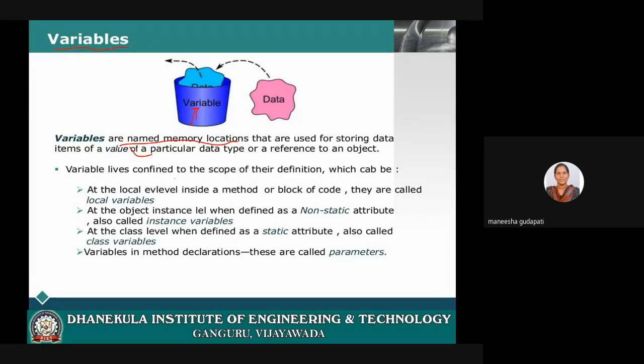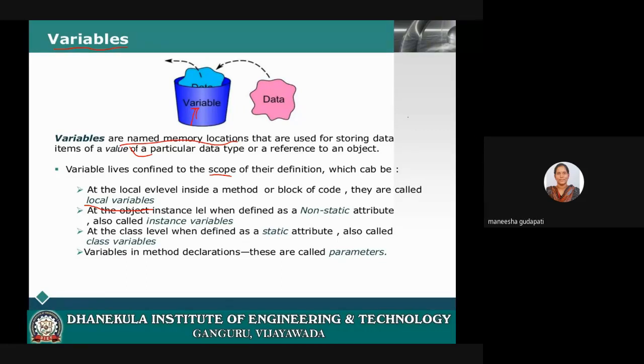Here in Java, we have three types of variables. The first variable is local variable. All these three variables differ by scope, that is, where we are going to use that particular variable. What do you mean by local variable? Any variable which is defined inside a block.